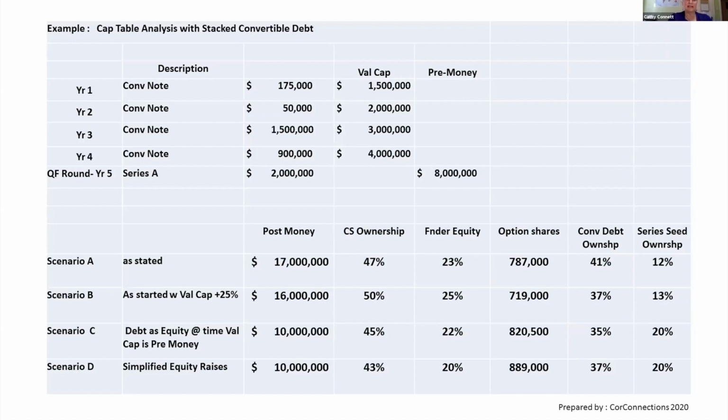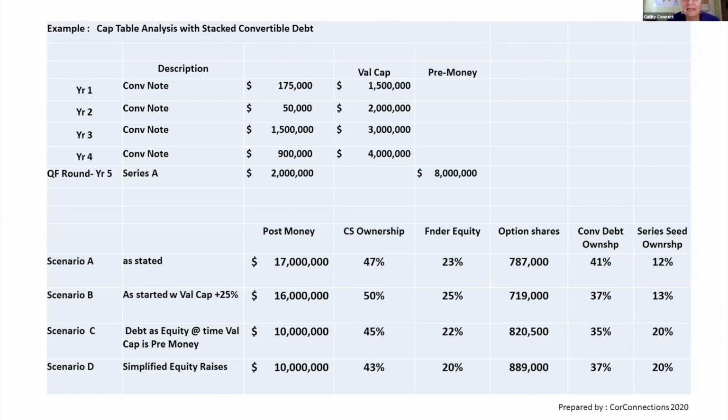I then looked at it and said, well, managing the whole process of the convertible notes and getting approvals as different rounds went on took a lot of time from this company that could have been invested in doing things with the company, but they spent a lot of time on financing. So I said, well, if we hadn't done the convertible notes and had literally done each of those rounds as an equity raise, with the pre-money valuation being essentially the valuation cap, how does it change it?